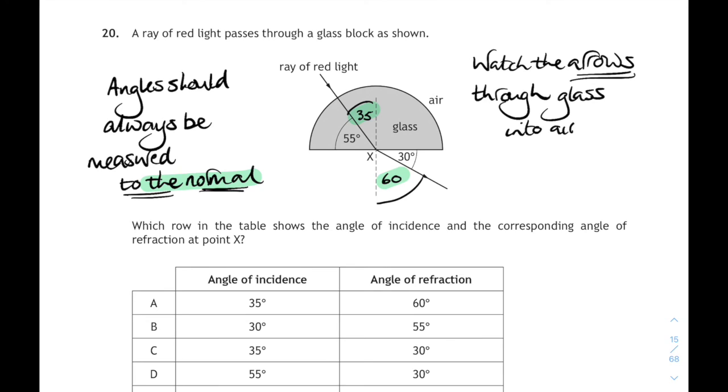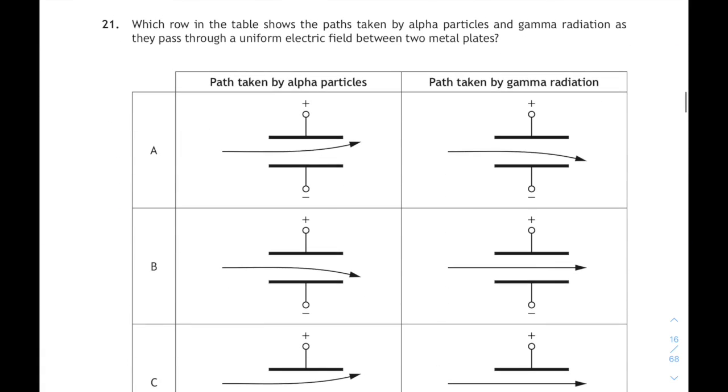It's going through glass into air. So the angle of incidence will be the 35 and the angle of refraction will be the 60. So 35 and 60 is answer A. Very tricky. 21. Which row in the table shows the path taken by an alpha particle and gamma radiation as